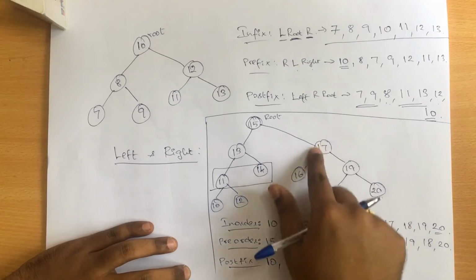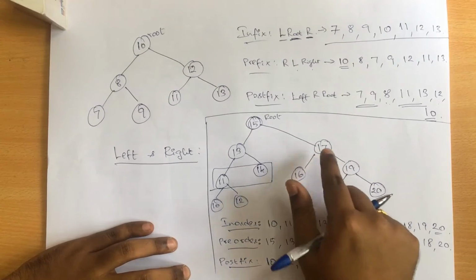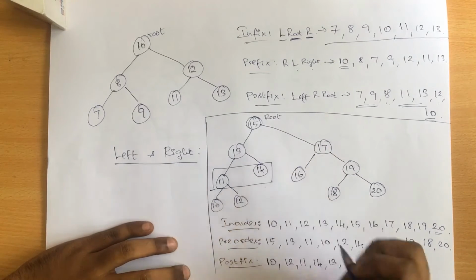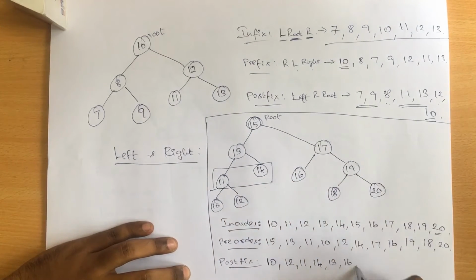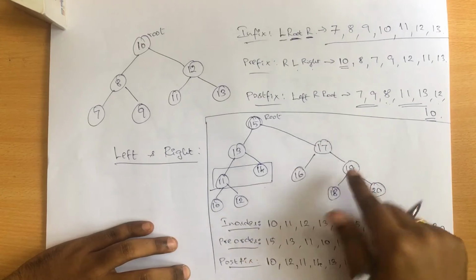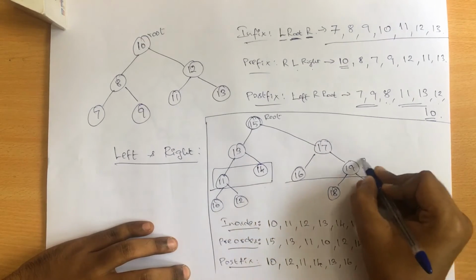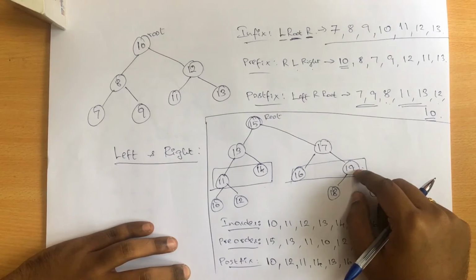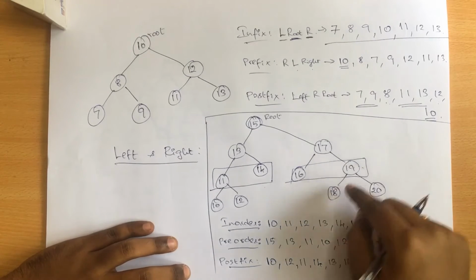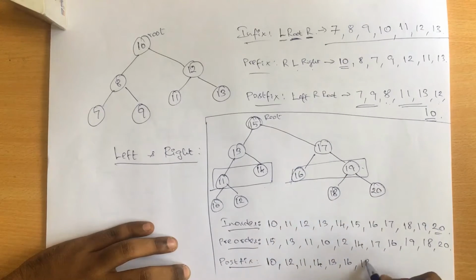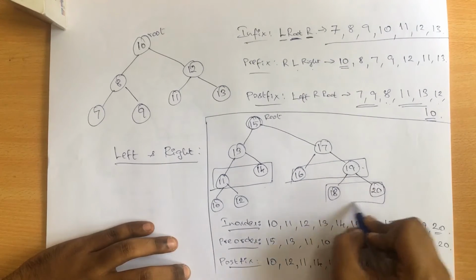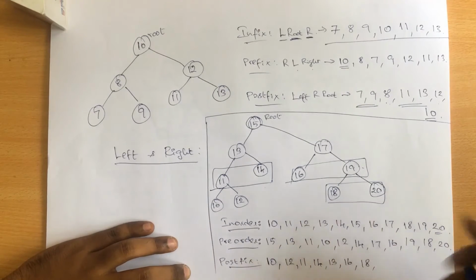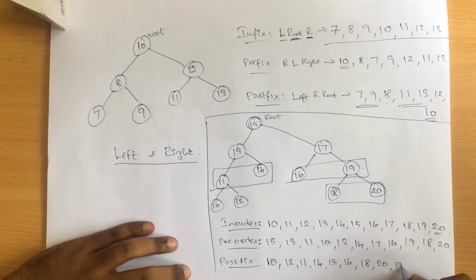So when I come back with the right part I have 17, but I cannot print 17 as of now. I have to proceed with the left part of 17 at first. So the left part of 17 is nothing but 16, followed by 16 I have to move with the right part, that is 19. So same level, that is 19, but 19 is actually not a leaf node to be printed directly, it has a left and right node. So the left node of 19 is 18, then 18 and 20 should be done first, right? So same level values should be displayed at first. So 18, then 20, then 19.